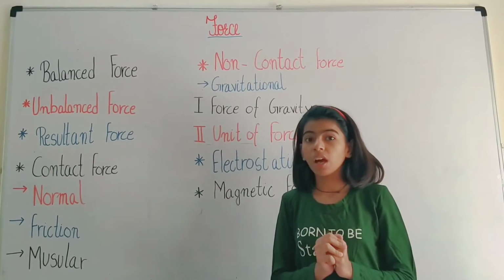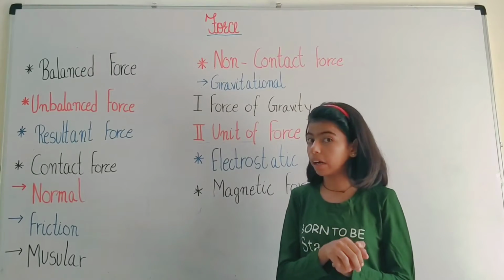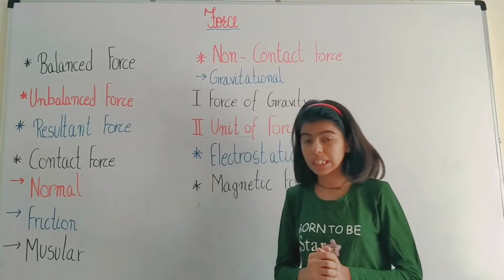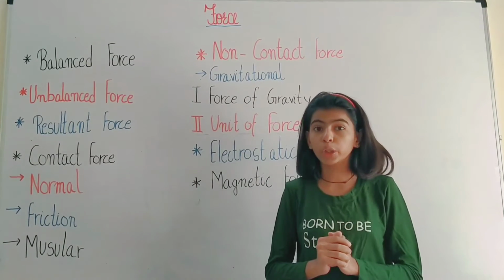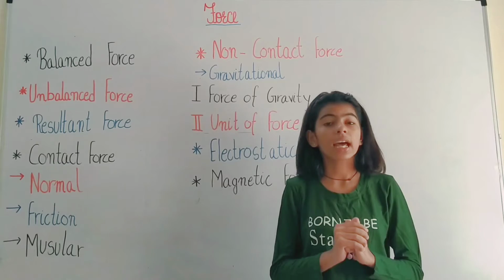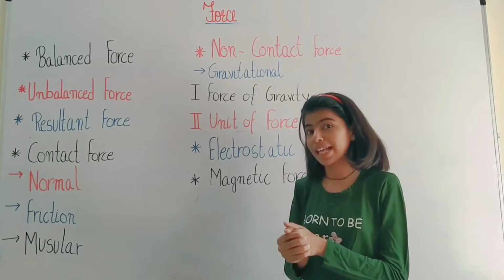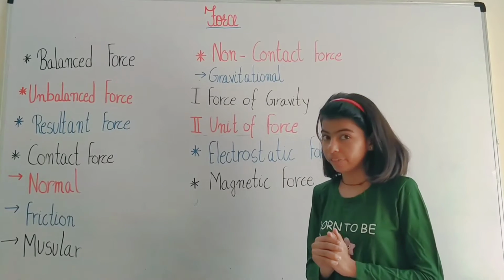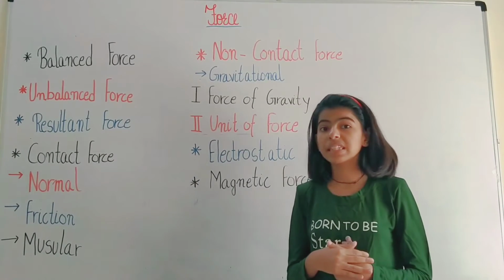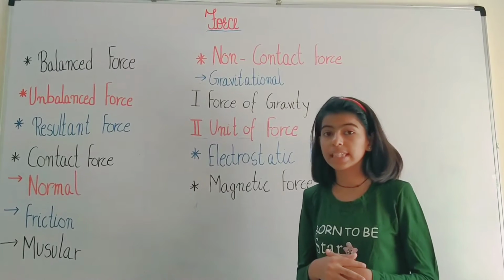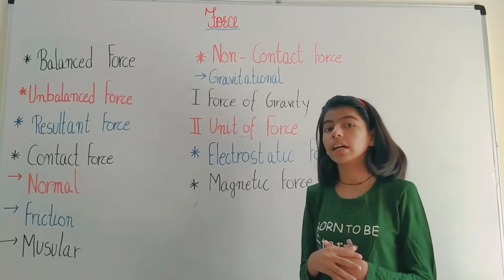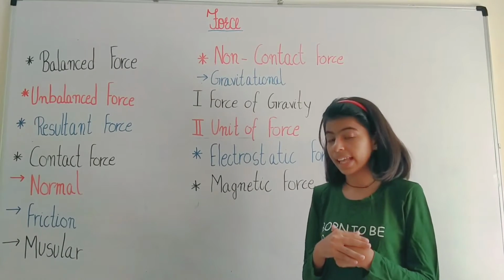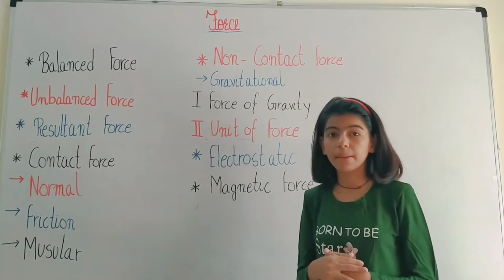So a force applied on a body can be a balanced or unbalanced force. So what is the balanced force? If a force acting on a body does not produce any change in the rest, direction or motion, we call it the balanced force. Example, a person holding a briefcase. The person is applying the force on the briefcase and lifting it upwards, as the earth's gravitation is pulling the briefcase down. So they are cancelled and it becomes balanced force.